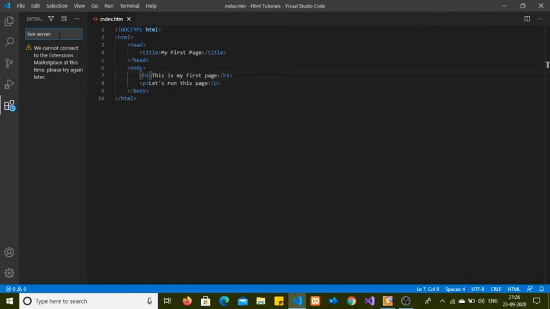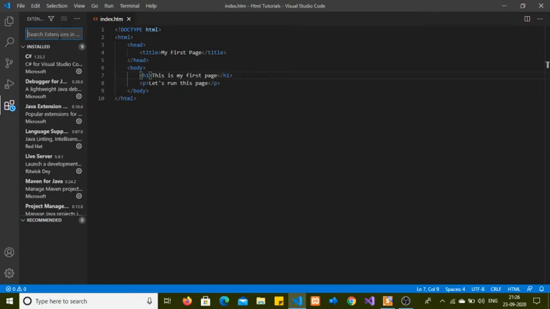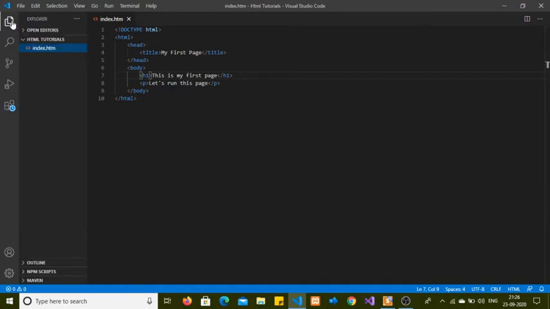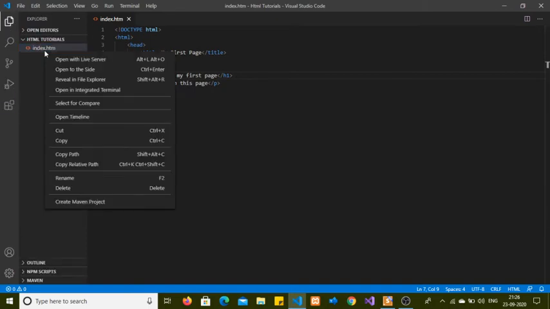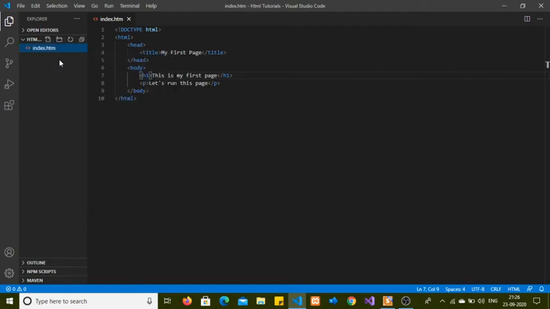I think there is some error in my case, but you can install live server here. Go to the extension section and search for live server. You will find it, click on the install button, and then you can run the live server. Right click on this document and open with live server.